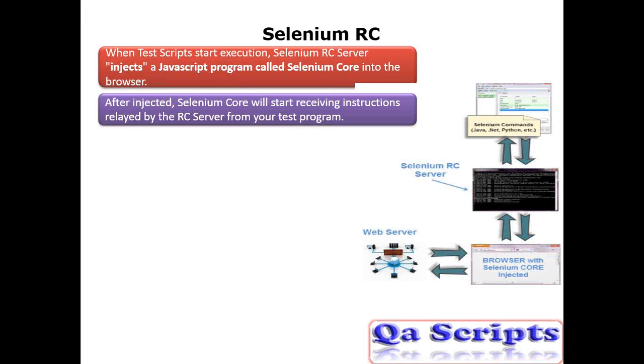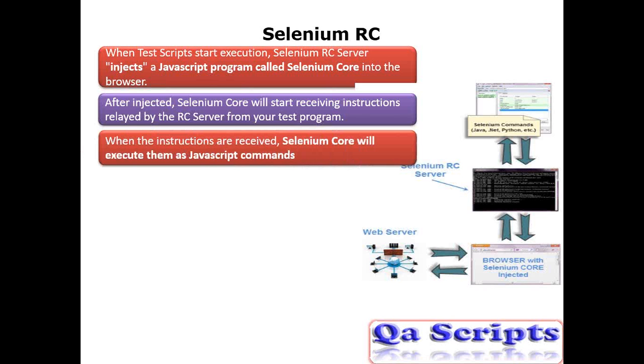The Core Java will take that instruction and communicate to the JavaScript present in the browser, and the browser will have its application. The application will have an edit field. To that edit field, it will enter ABC text and communicate back to Core Java. Whatever response it gets from the application, it will convey to Selenium core. Selenium core will convey back to RC, and again RC will convert this message it received from Selenium core and send it back to Eclipse as a report.